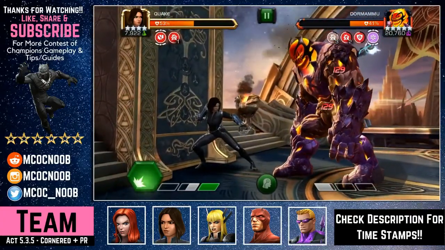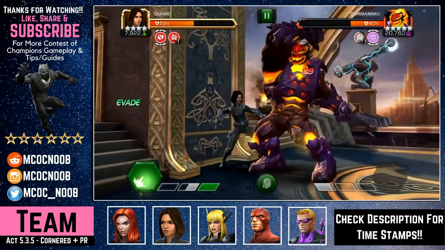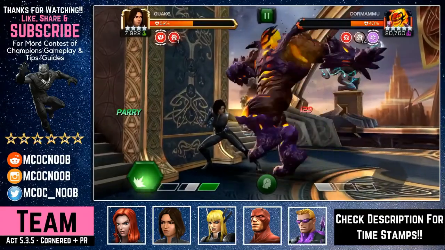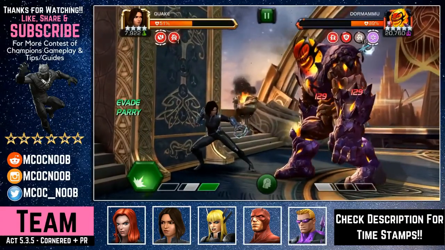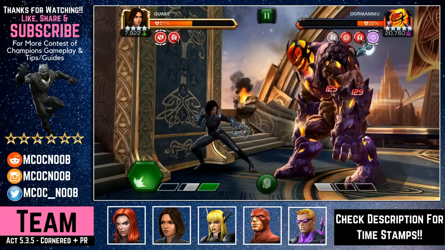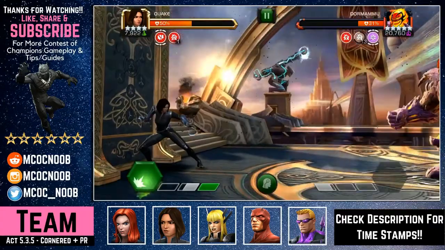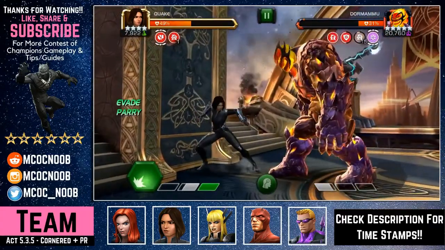So the first fight is Dormammu, and I hate Dormammu anywhere in AQ, in AW, anywhere in the game. It's their sig ability that is really annoying, and you have a 21,000 Dormammu right at the start of this path. So I always go with either Magik or Quake or both of them,